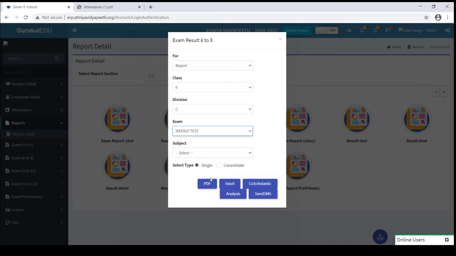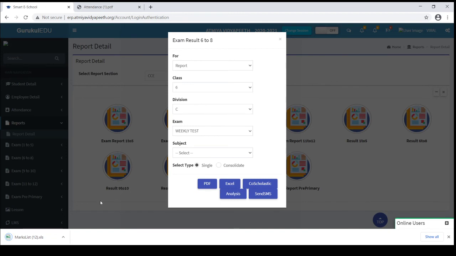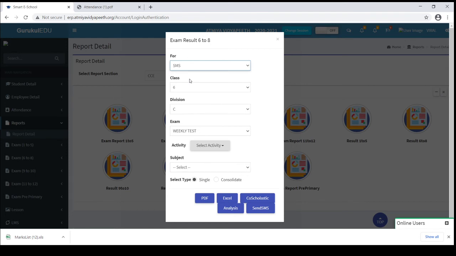Select your weekly test, click on the Excel button. Okay, you can see here the marks. Moreover, if you want to send SMS for that weekly test to the parents, then you can send it from here also. Just select the test and click on the send SMS button.